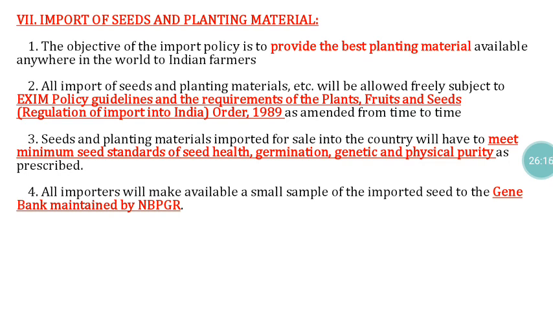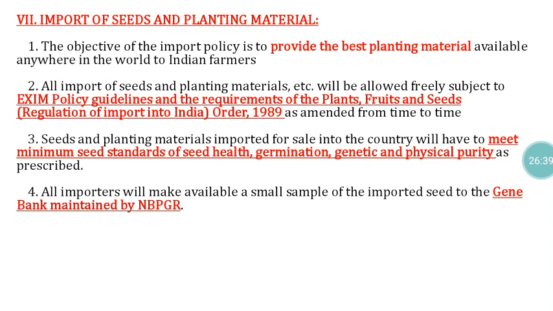That is the ultimate aim. Wherever the best quality material is available, through this policy it is decided to import that material. In this way, it is decided to give planting material to the farmers in view of increasing farm productivity. So all the imported seeds and planting material will be allowed freely, subject to EXIM policy guidelines and